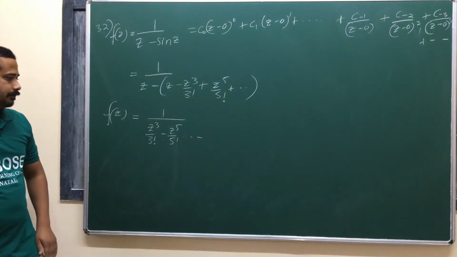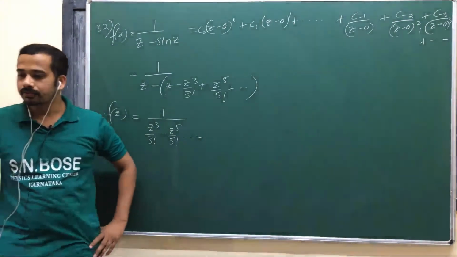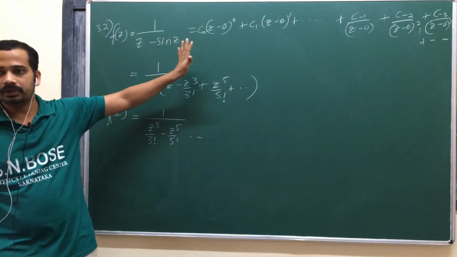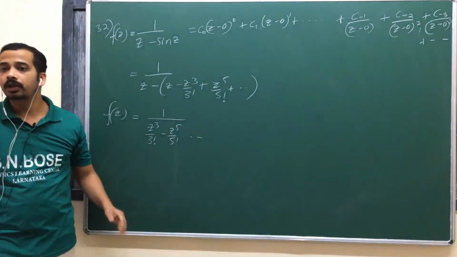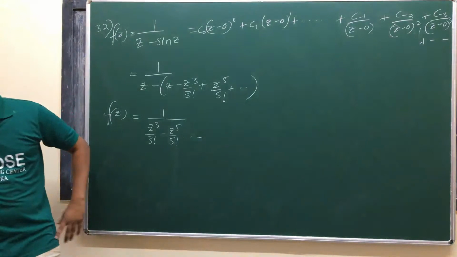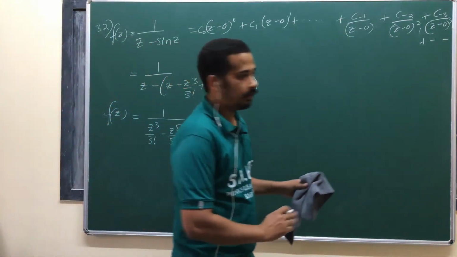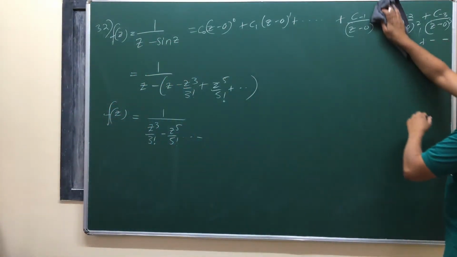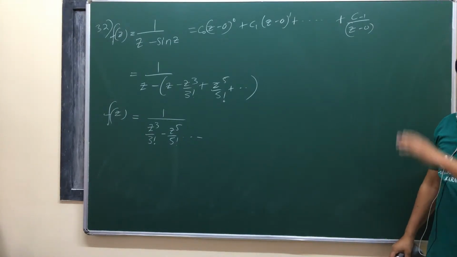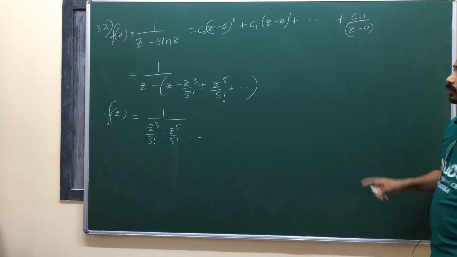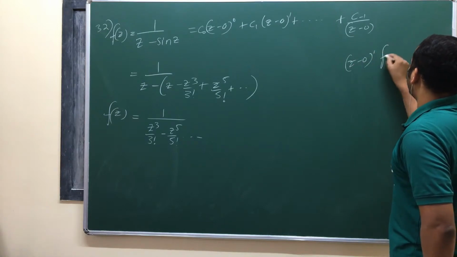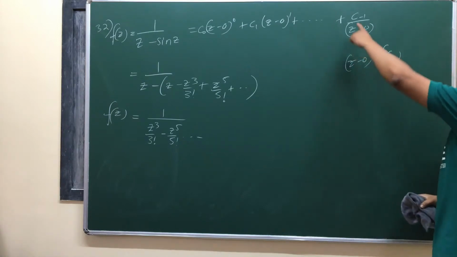Now look at here. You have to check whether z equal to 0 is a pole of what order. It is a singularity, we know that one. Whether it is a pole of order 1, pole of order 2, pole of order 3 and so on, isn't it? Now look at here. If it is a pole of order 1, in the Laurent expansion only this term will exist. If it is a pole of order 1, then z minus 0 power 1 into f of z, what do you get? You get c minus 1.